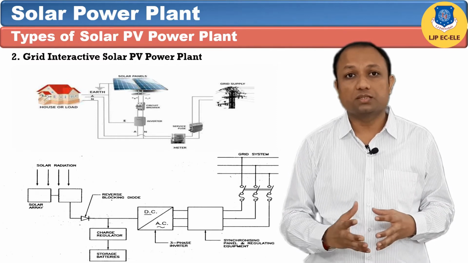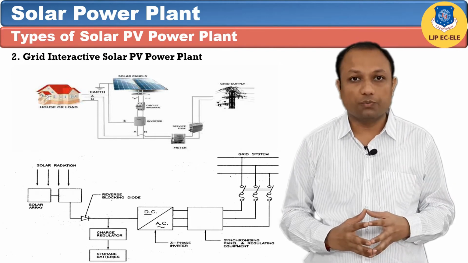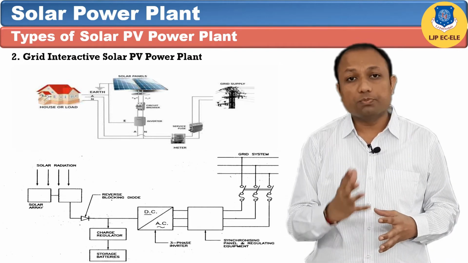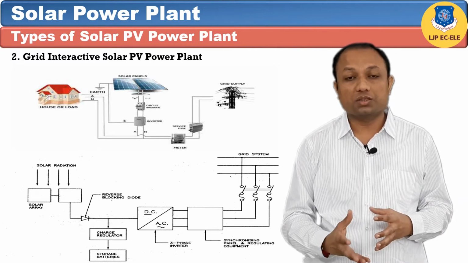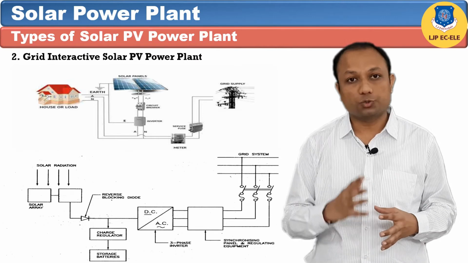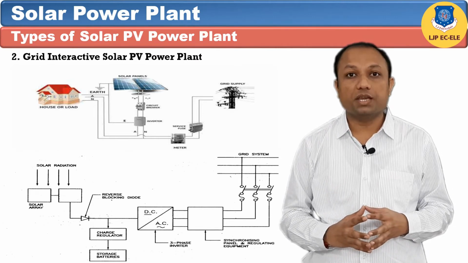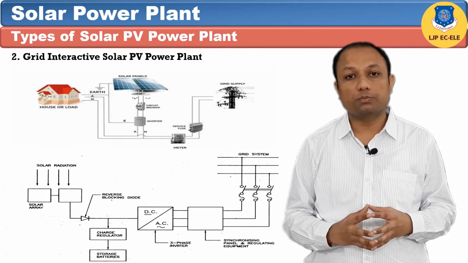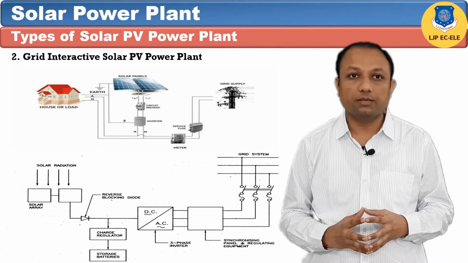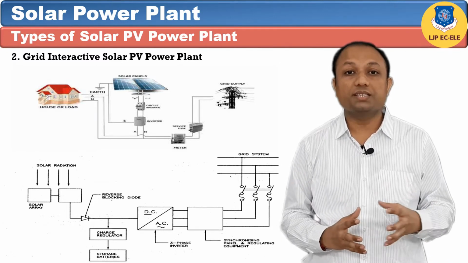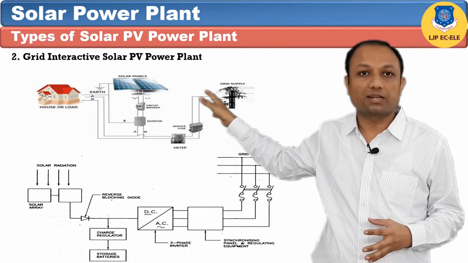First problem is the waveform of AC voltage from the inverter should be pure sine wave. Second, it must be possible to change the magnitude of AC voltage. For this, voltage regulating equipment should be employed. Third one, the frequency of AC should be equal to the frequency of the grid system and it should be possible to adjust the frequency. Fourth one, synchronizing arrangement is required to connect the grid with the solar system.